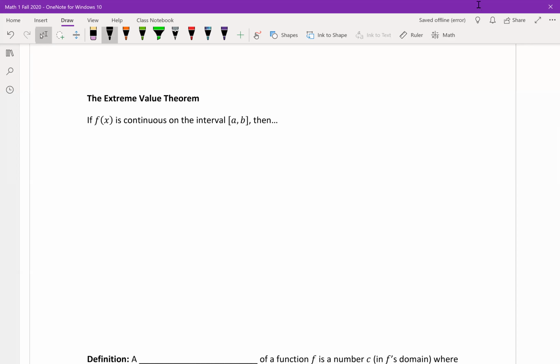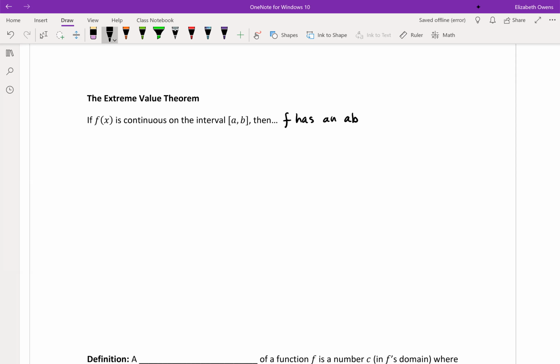All right, so the next thing we're going to look at here is the extreme value theorem. And the setup for this is just that you have to have a continuous function on some interval. So f of x is continuous on the interval from a to b. By the way, those are two different x values, so it's like x1, x2 there. So if f of x is continuous on that interval, then we can say that f has